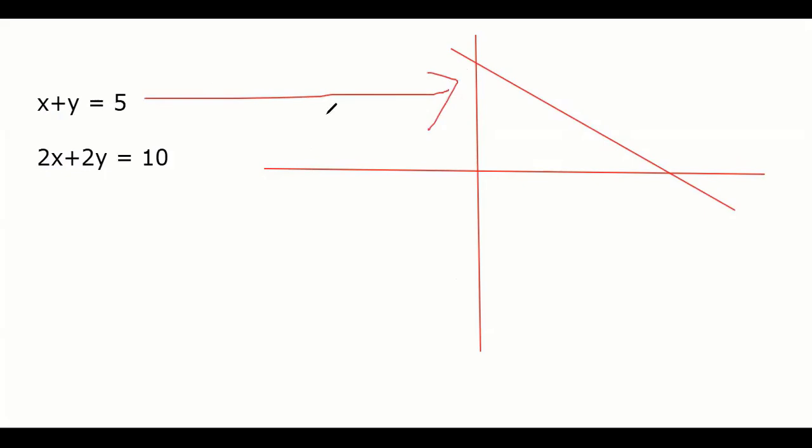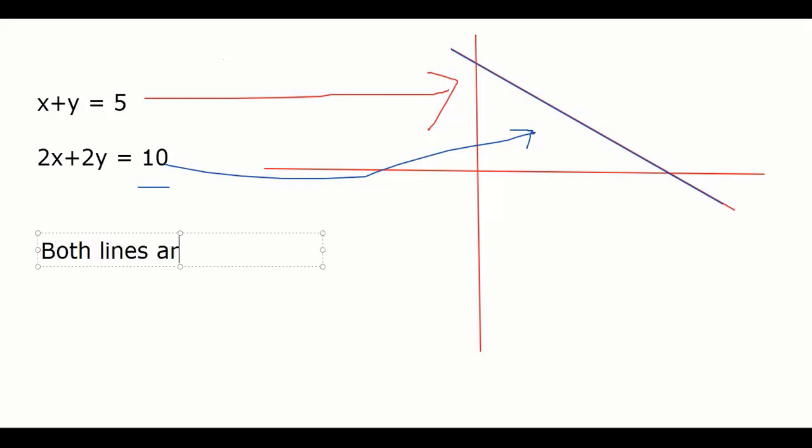Now I am drawing in blue. Blue I am drawing this one, 2x plus 2y equal to 10. When you draw 2x plus 2y equal to 10, you know how it will come? This will come exactly on top of this. Exactly. उसके ऊपर ही आएगी. When you draw, actually you will get like this. ये है 2x plus 2y equal to 10. So both the lines, what is happening? Both lines are coincident. मतलब एक के ऊपर एक. In this case, you will say it will have